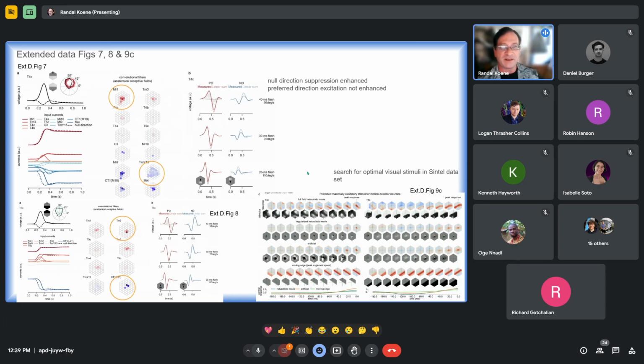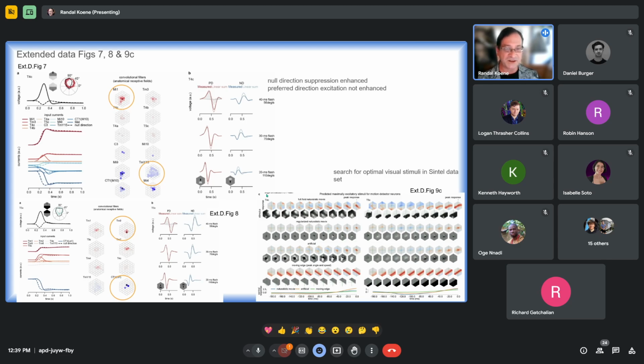The proposed mechanism gives insight into why null direction suppression enhancement can be predicted by the voltage response of cells, and why the predicted direction enhancement is not predicted purely by voltage response to the flashed intensity without the temporal component. So you can't really separate those. What's also shown are broad receptive fields of specific cell types. I circled them here, that enable spatial integration.